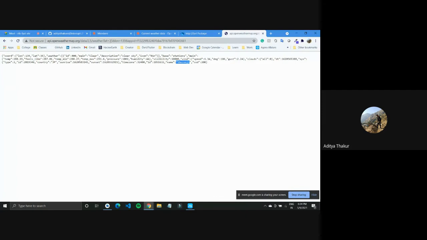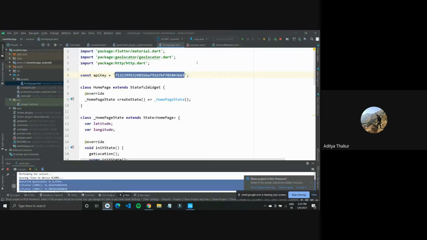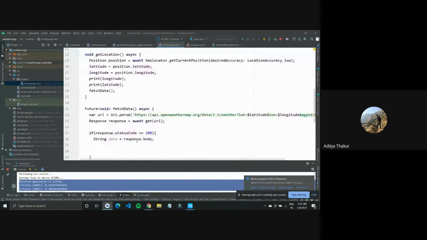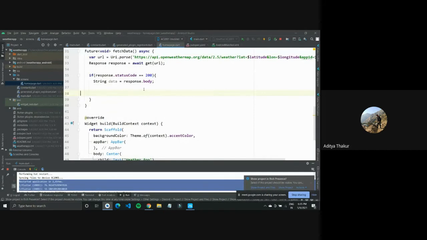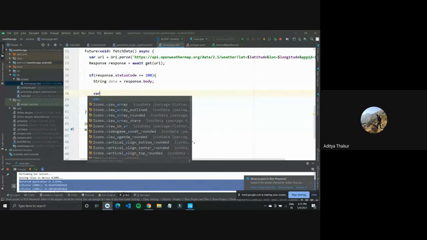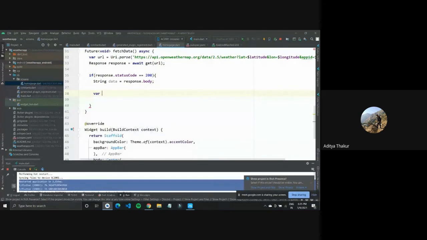Right now we are using these latitude and longitude values, 35 and 139, which are for this place called Shuzhen. You can use your own latitude and longitude. But these are the two things that we would be getting from this data. You can use whatever properties you want to tap into, but I will be getting the temperature and the city name for now. So I'll create a new variable called temperature.